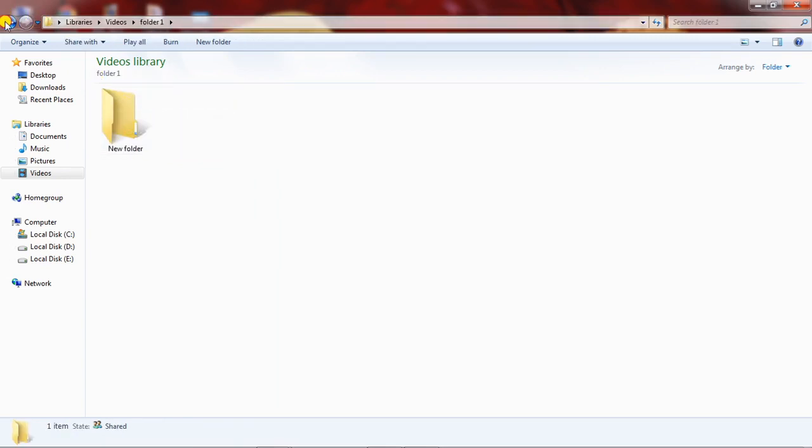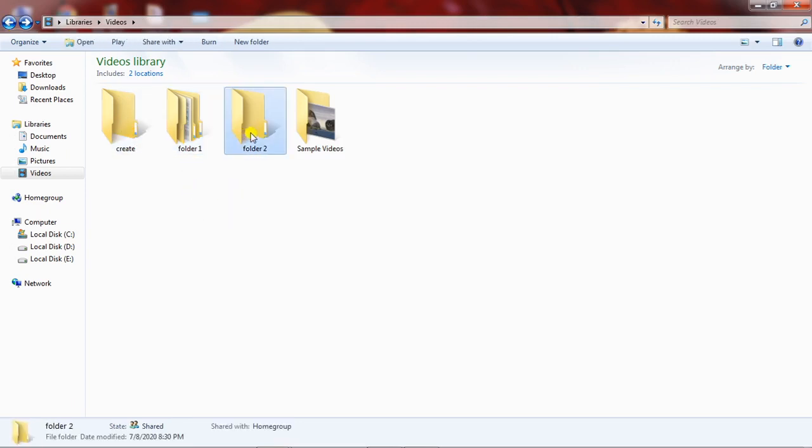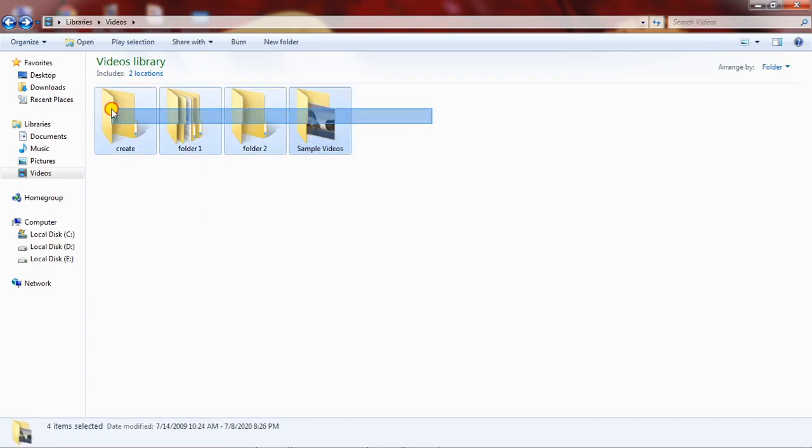Now how to select the folders? There are 4 folders over here. If I want to select them, I can do it by using the keyboard or the mouse. With the mouse, press and hold the left mouse button and drag your cursor. See, all the folders have been selected.